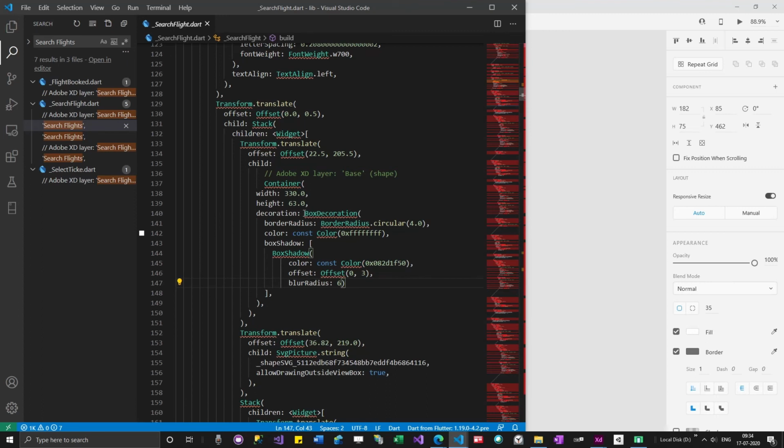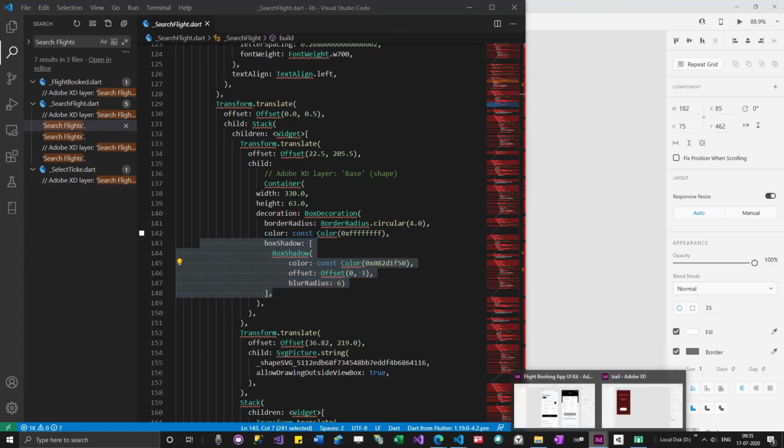If you go to the Flutter documentation and find it very difficult to understand, that is where you can use Adobe XD to understand how to use these parameters, how to use box shadows. All these things you can figure out all by yourself. It's about how you use these tools effectively to learn. Because you are learning, you have to keep in mind that you can use this tool to figure out what it is.